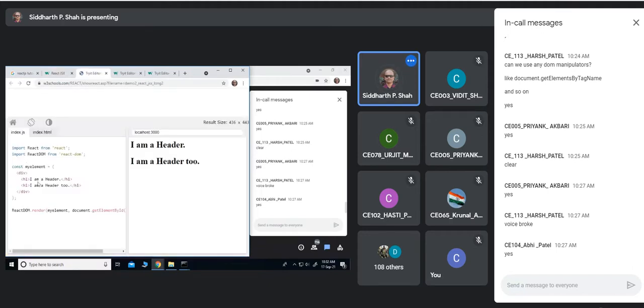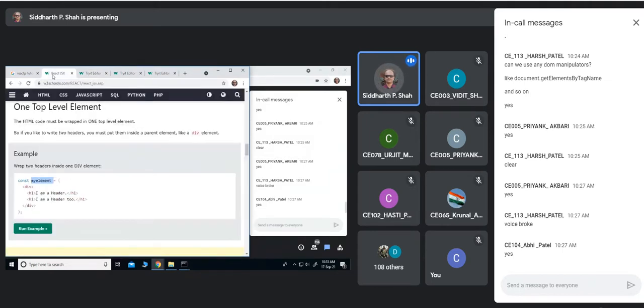If you remove this division and just put one H1 and a second H1, it won't work. It requires only one element. And within that, you can put any number of elements, whatever hierarchy you want to create. That is important: only a single top level element.